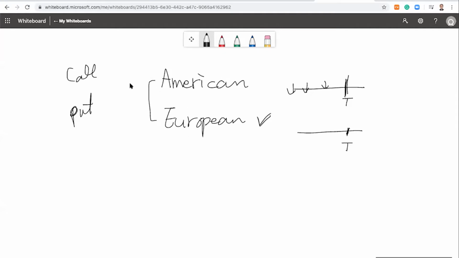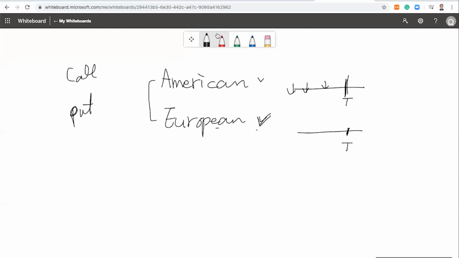Of course, there is an American call option and an American put option, and also a European call option and a European put option. So when we can exercise the option makes the difference. One is called the American option, the other is called the European option. Here I'm mostly talking about European options, but the authors of the paper wanted to discuss these two different kinds of options altogether. So they use the word,